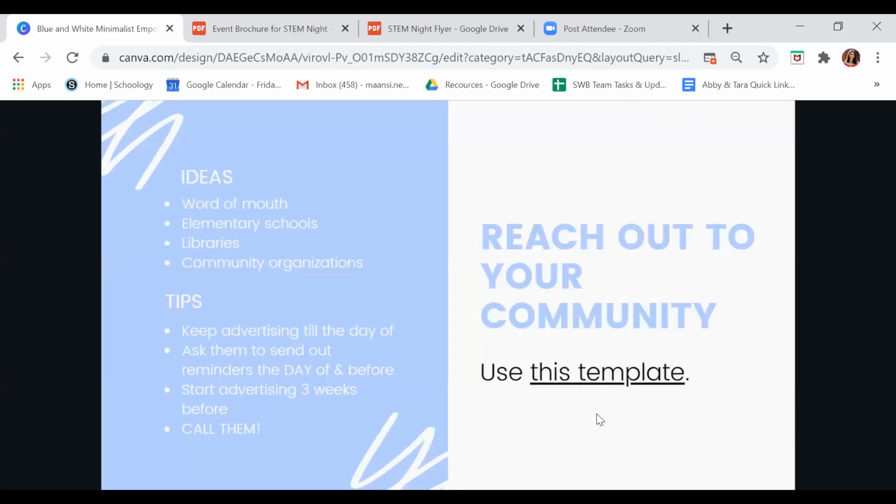So some ideas for where you can get attendees, or how can I really publicize this event in the community, is word of mouth, reaching out to other local elementary schools in the district, reaching out to libraries and various community organizations. I actually reached out to 20 elementary schools from 3 school districts, and I essentially used